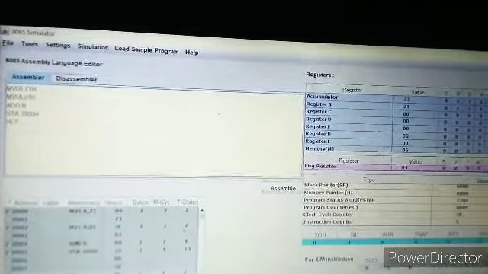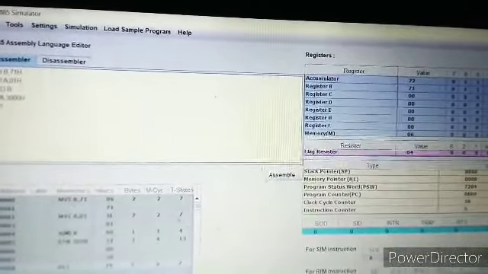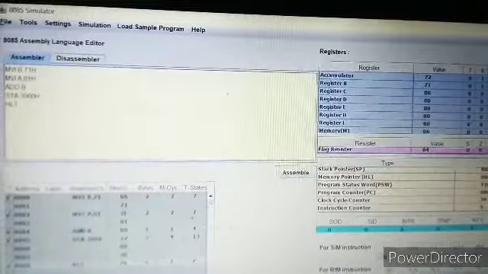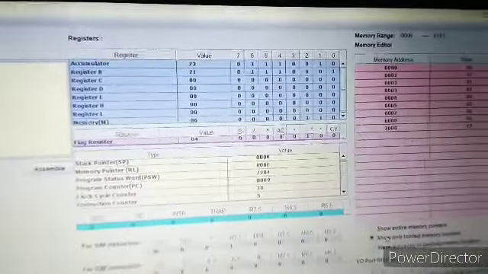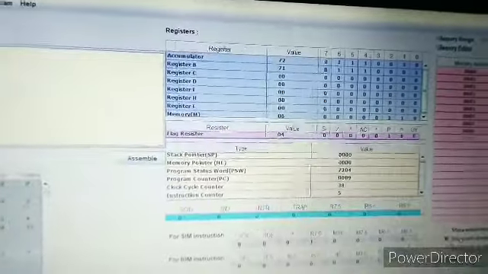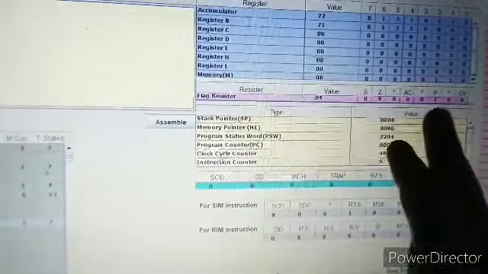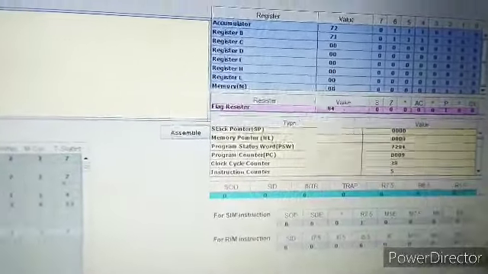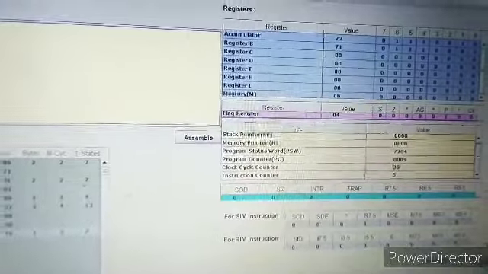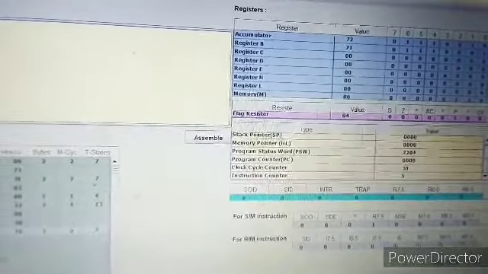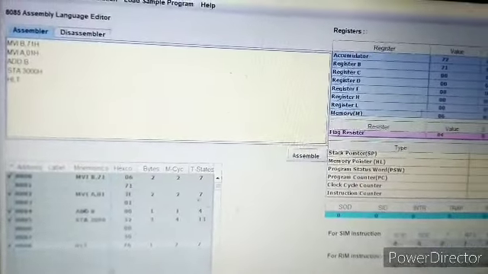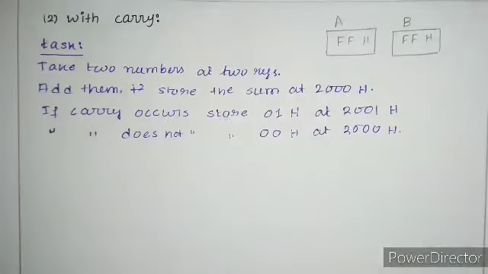So what have we done? We took 71 at B register, added it with 1, got our result at accumulator, then transferred that value to location 3000 and showed it. In this program no carry is generated, so the carry flag is not set, only parity is, and no other flag in the flag register is affected. So you can see this is how we perform addition of two numbers without carry. Our second example is what happens when we add two numbers and it generates carry.